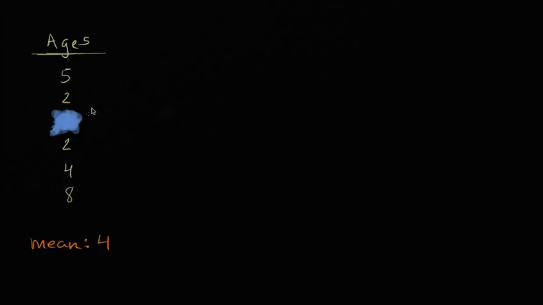So I'm assuming you've had a shot at it. So let's just call this missing age question mark. Let's think about how we would calculate a mean if we knew what question mark is. Well, we would take the total of ages. We would then divide that by the number of children, the number of ages that we had. And then that would be equal to